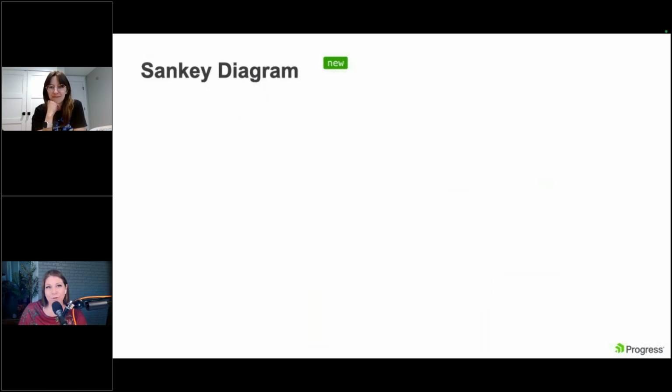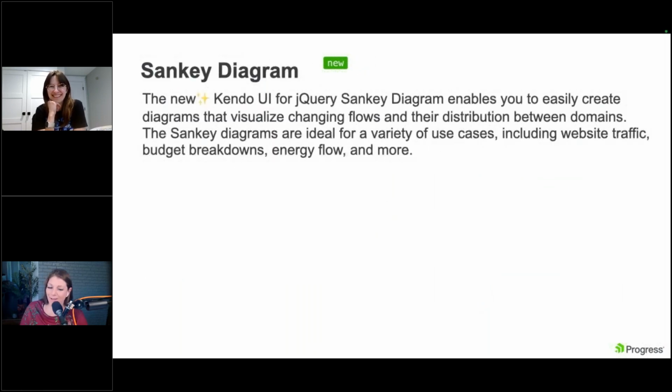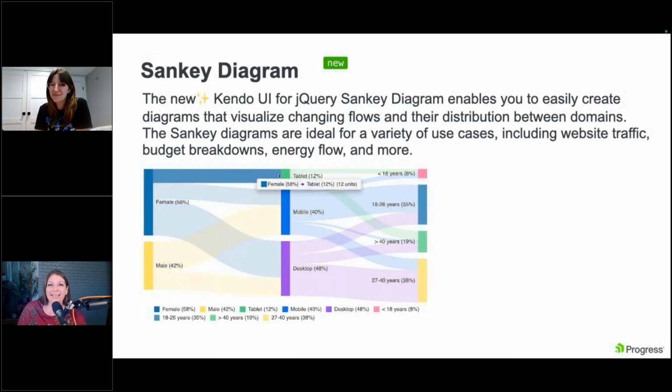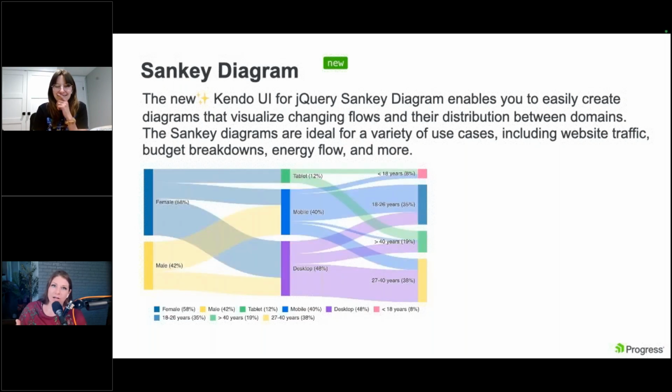The Sankey diagram. We also got the Sankey diagram in jQuery. And this diagram enables you to easily create a visual changing flow chart. It's beautiful. Just wait till you, there it is. There she is. And essentially it's great for things like budget breakdowns, website traffic, energy flow, but you can see